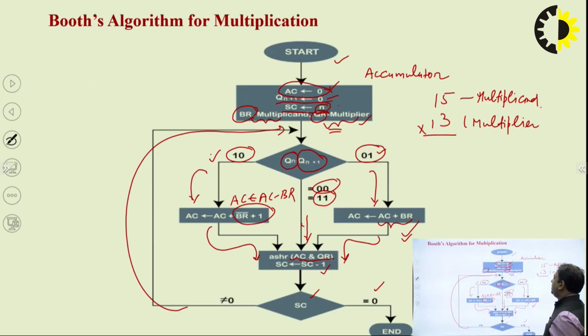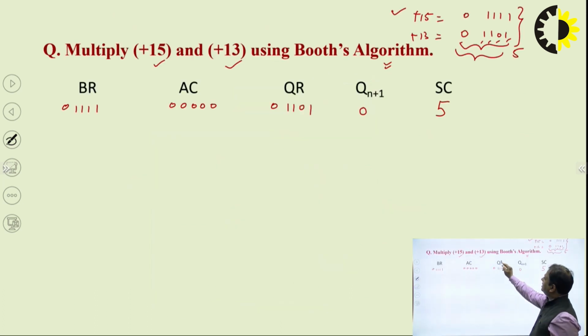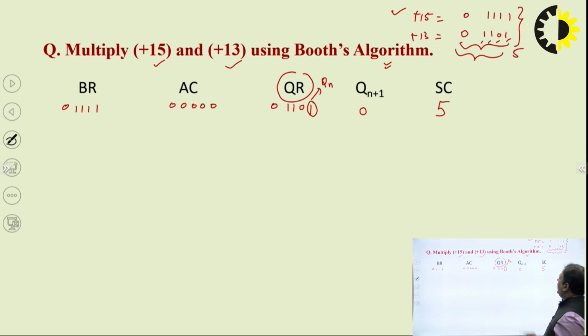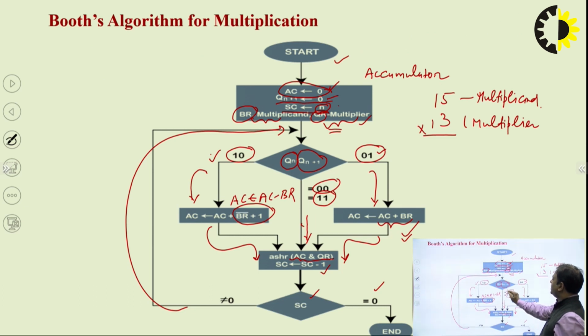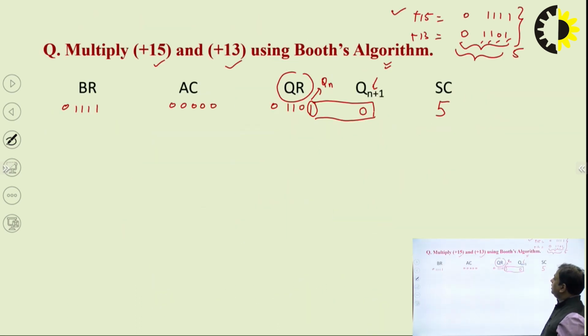Next, we move to the value of Qn and Qn plus 1. Let's find the value of Qn and Qn plus 1. This is the Qr register, that's why I am calling this bit Qn, and this is Qn plus 1. The whole decision will be taken on the value of the pair Qn and Qn plus 1. So this is 1 0: the value of Qn is 1 and Qn plus 1 is 0. What the algorithm says is, if Qn and Qn plus 1 is 1 0, then